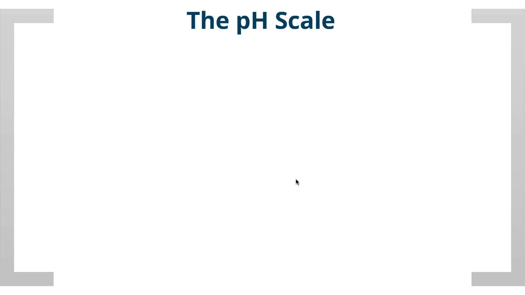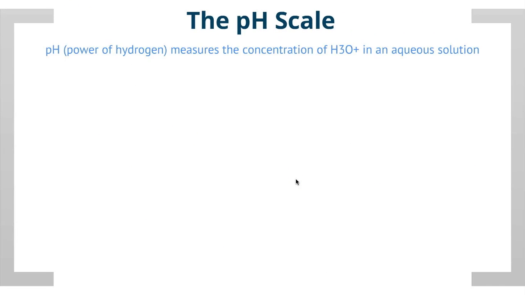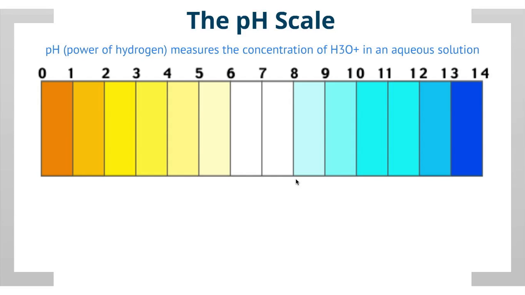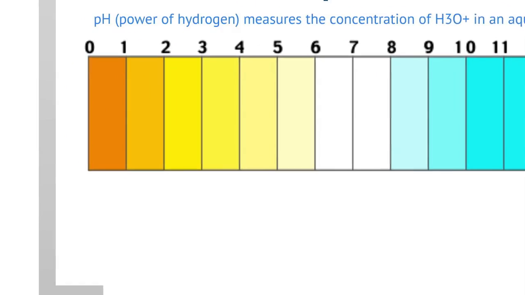Now, the pH scale. pH basically means power of hydrogen, and it is a measure of the concentration of H3O+, aka hydronium, in an aqueous solution. So we're going to measure the H3O+ ions in a solution. So this is my pH scale. It's on a scale of 0 to 14. And